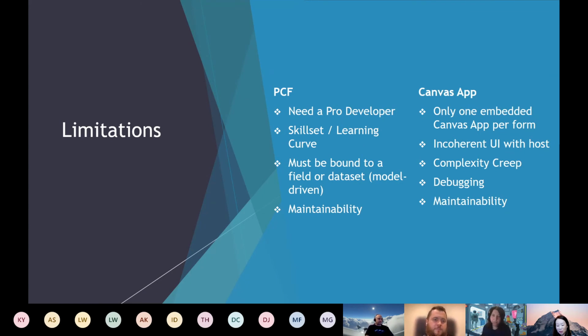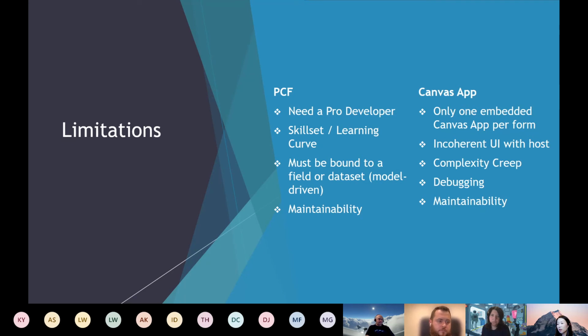So at the moment, the model-driven app obviously can be bound to only an actual control, so a field or dataset. It can't be a standalone thing that you can embed onto the form. Maybe it might change in the future. I'm not sure. Maintainability again goes back to, like, do you have the skill sets and how to actually support this?